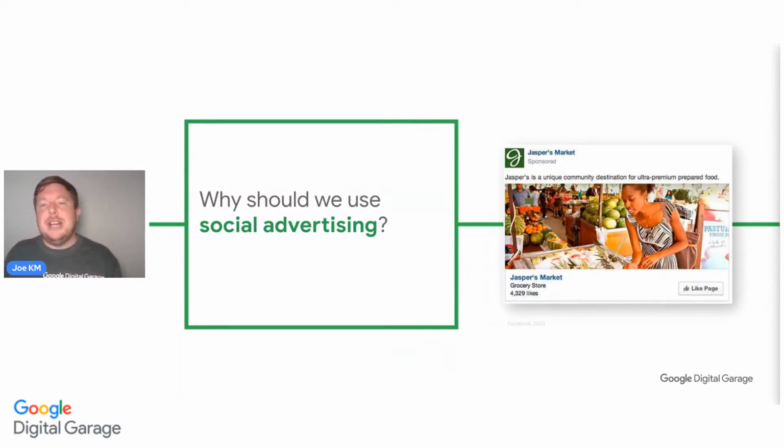So this is why social advertising is so popular, because how many people here are on social media? Most of you. How many people have got Twitter, Facebook, Instagram, TikTok? Most of you. And even if you've not got all of them, you've probably got one of them. So why you're using social media should also be the reason why we are, because everybody is on it.